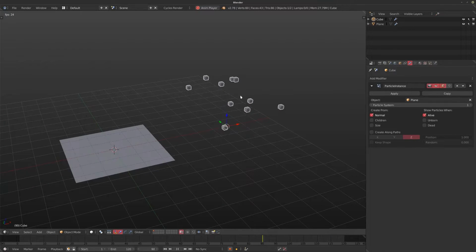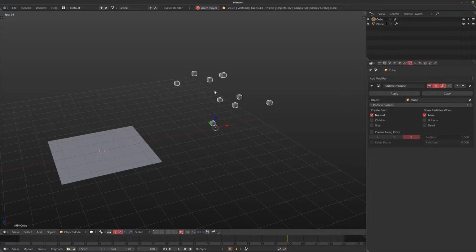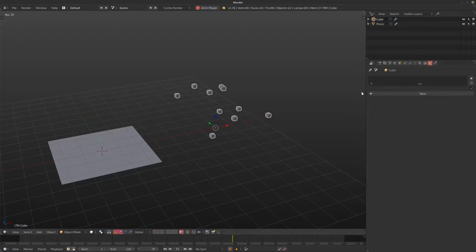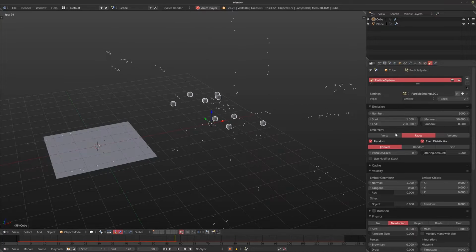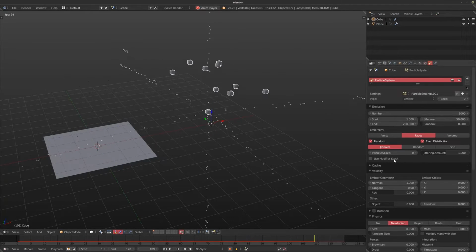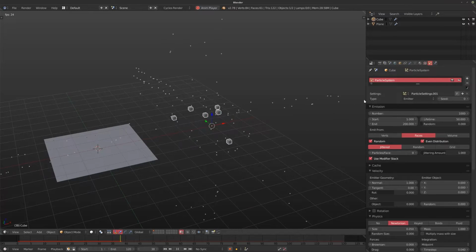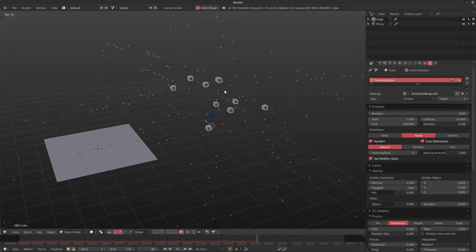So if you looked at the shot before, you have these sort of red flickering particles, and they're actually these particles in this particle instance that are being used as an emitter, and I just put an emission shader on them. And now we can actually start emitting particles from these ones. So I'm going to add a second particle system to this, and it tends to wig out a little bit. But if you hit use modifier stack, it's going to take into account the particles that are already in there.